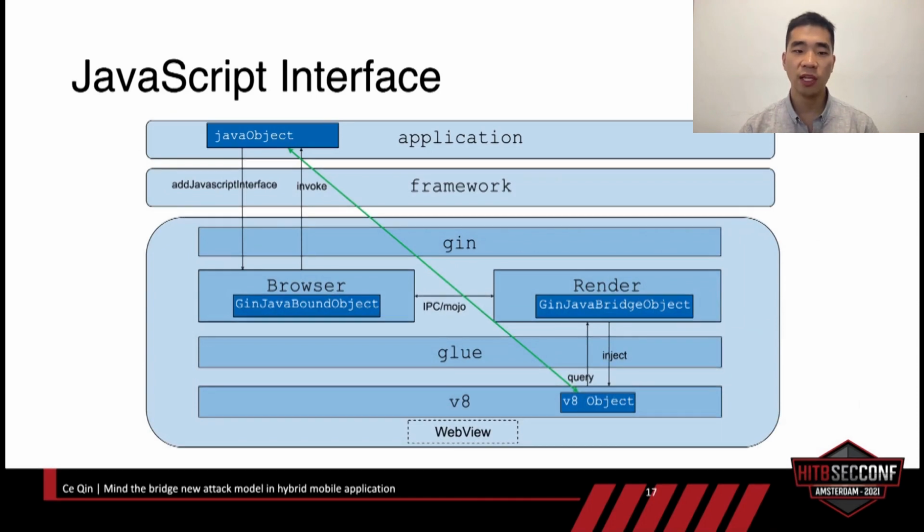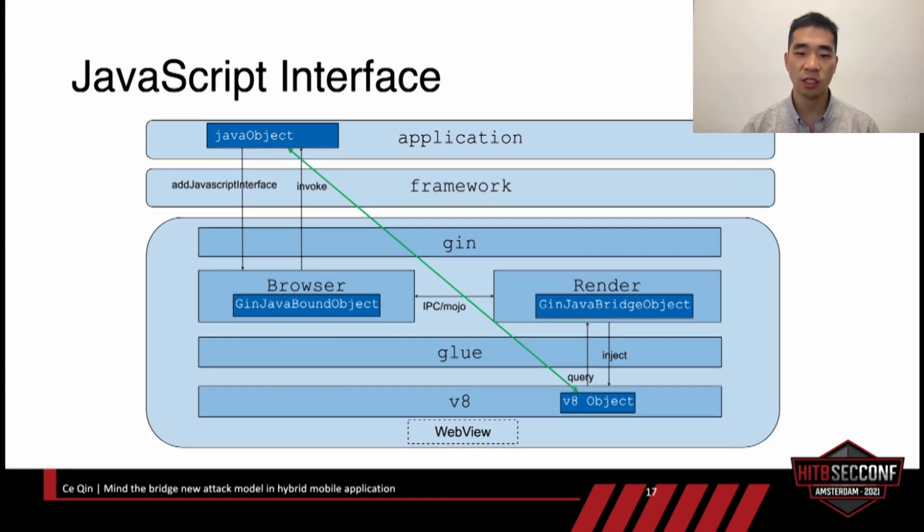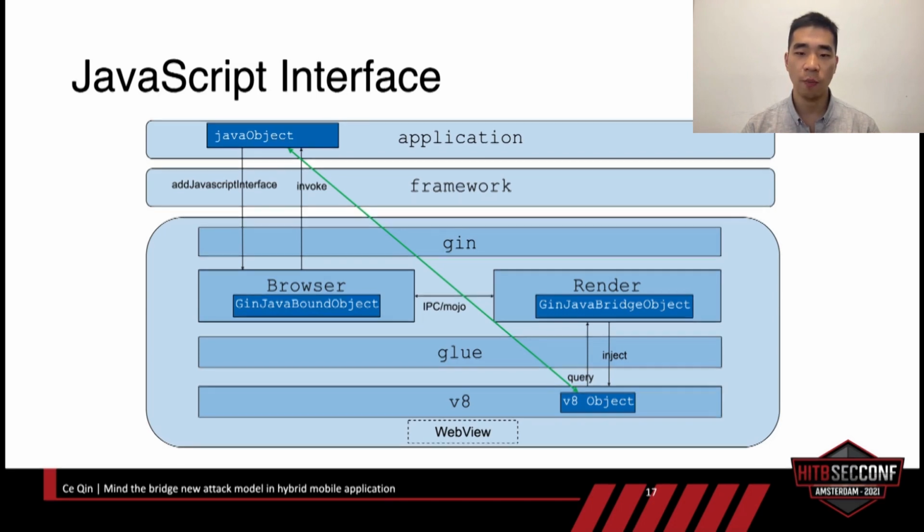It is a quite convenient way to exchange data. At first, the application creates a Java object and adds this object to the WebView with the API addJavascriptInterface. WebView will create a type of object named GenJavaBound, which is a reflection in the browser model, so the WebView can interact with the Android code by this